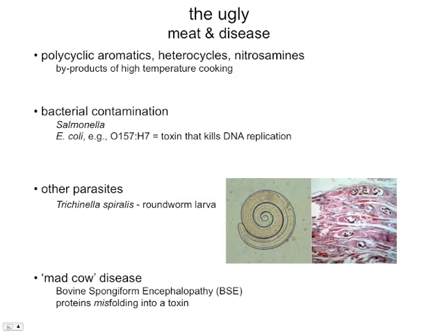Other parasites, non-bacterial, multicellular. Trichinella spiralis is one of eight or ten roundworm species that contaminate meat products, particularly pork. This was a particular concern earlier in the 20th century. It is not a terribly problematic parasite currently, but in any case it is associated with undercooked meat, just as bacterial contamination is.